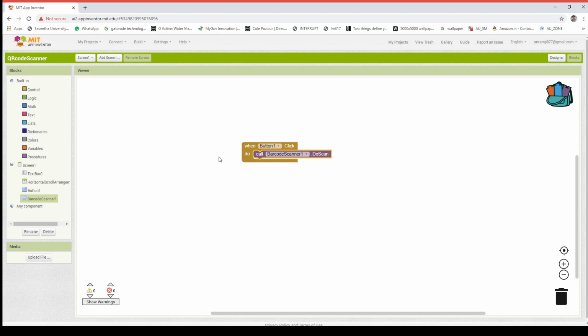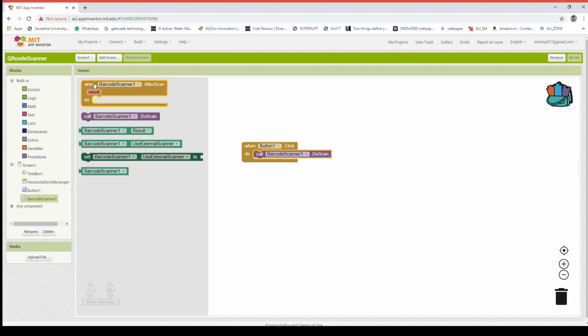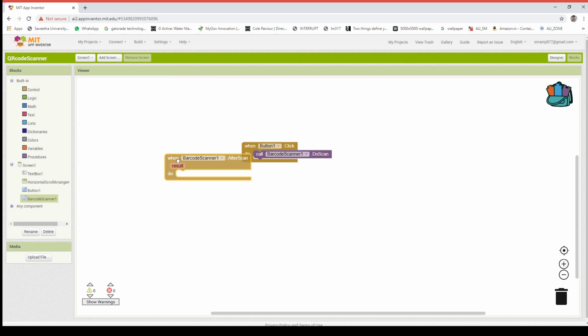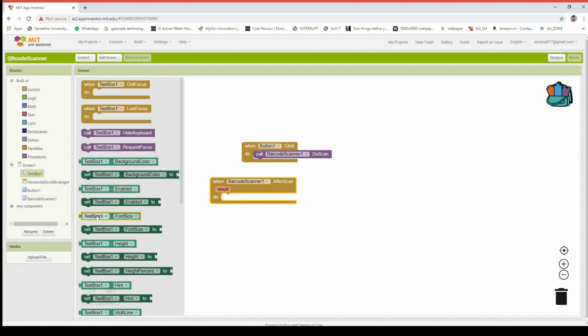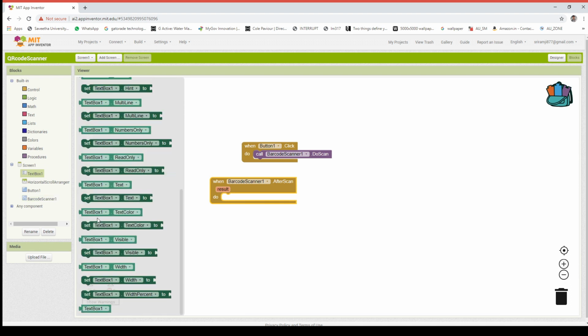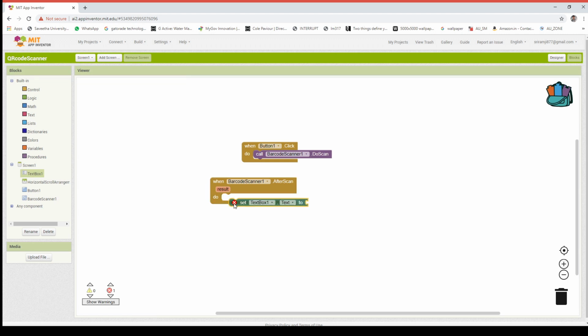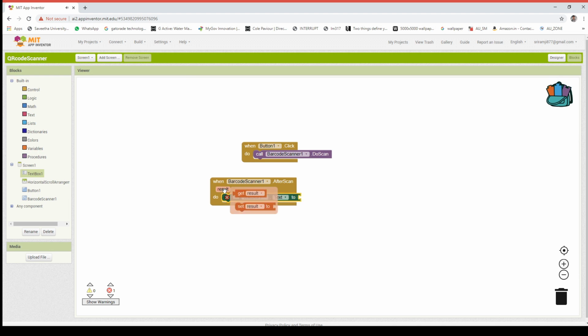And then when the scanner gets a result, set text box 1 text to the decoded result. Finally, by putting this get result block together with set text box 1 text to, we can complete the program.